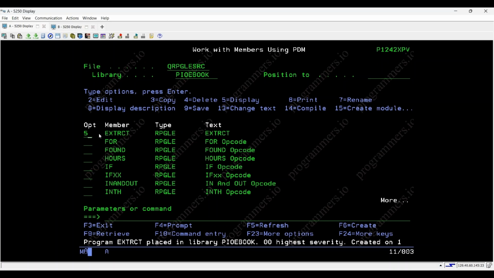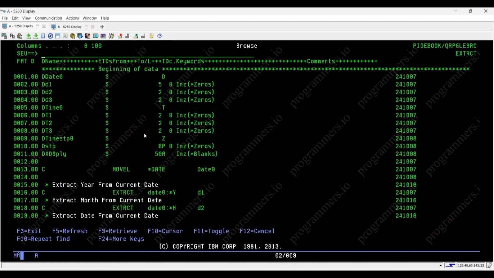Welcome to our comprehensive guide on the EXTRCT opcode in IBM RPGLE. In this video, we'll delve into the details of using EXTRCT to extract information like date, month, year, hour, minute, second, and so on. Before we dive into the example, let's understand the declarations in the program: date 0, date,